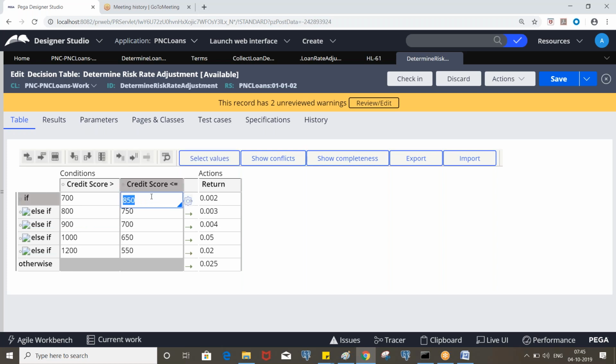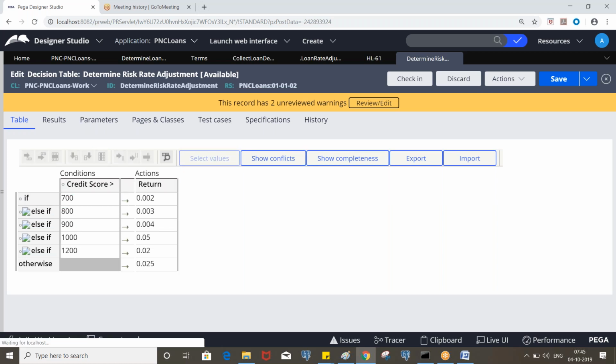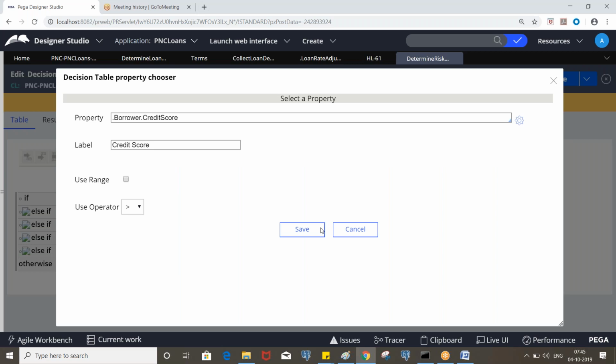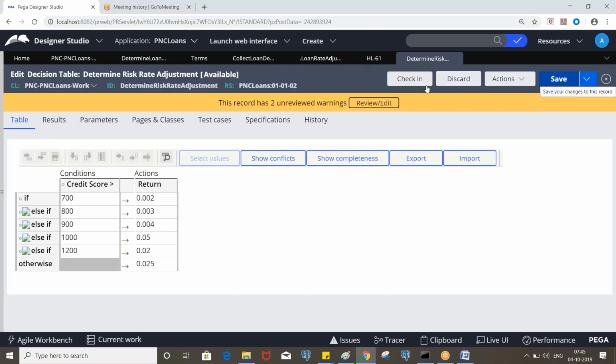Let me remove this. Unreachable condition, right? If it is greater than 700, it will return this one. So if we enter 900, the first condition will be satisfied, and it will not come here.